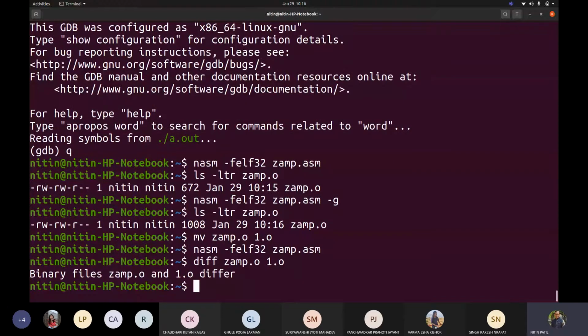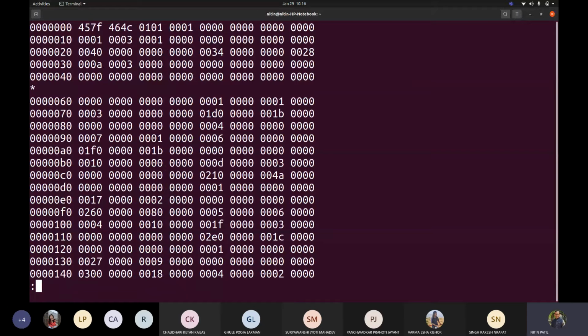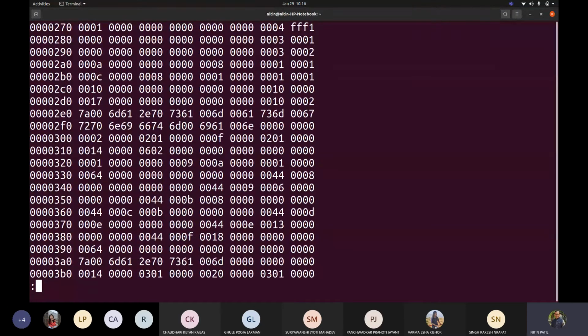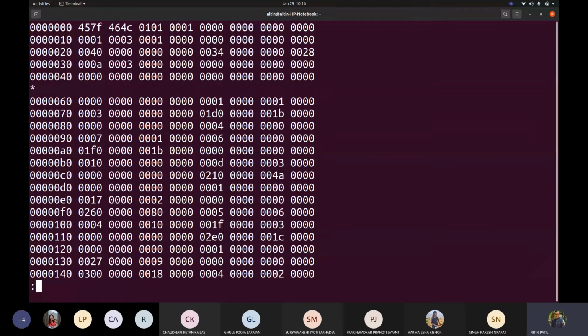Now this diff may not be permitting me to really see this, but if I go with, say, for example, xxd 1.o by place, so this will be the kind of exact representation, and the first column here is talking about the addresses generated internally.